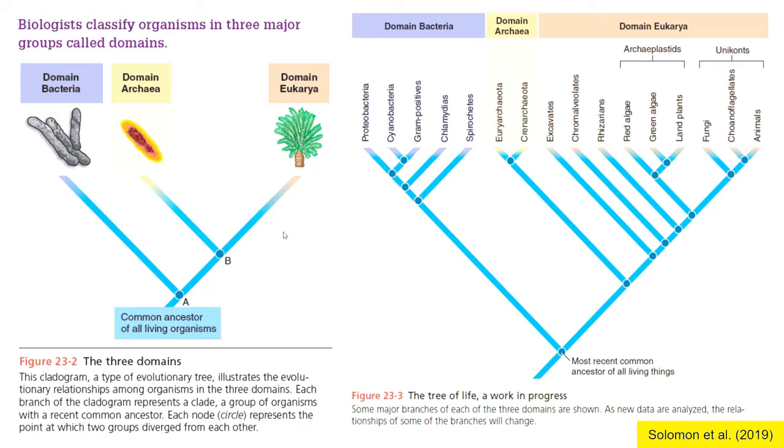Then this one is a more elaborate tree of life, okay, and it is still continuously being revised, as we keep on discovering more and more organisms. So our common ancestor of all living things, we have a name for it. It's called LUCA, L-U-C-A, last universal common ancestor, which eventually divided into your domain bacteria, and these are all the groups of bacteria underneath it. Domain archaea, and these are the groups, smaller categories under domain archaea, and then domain eukarya. These are the rest of the organisms. So you have here your algae, fungi, you have your animals and plants under domain eukarya.